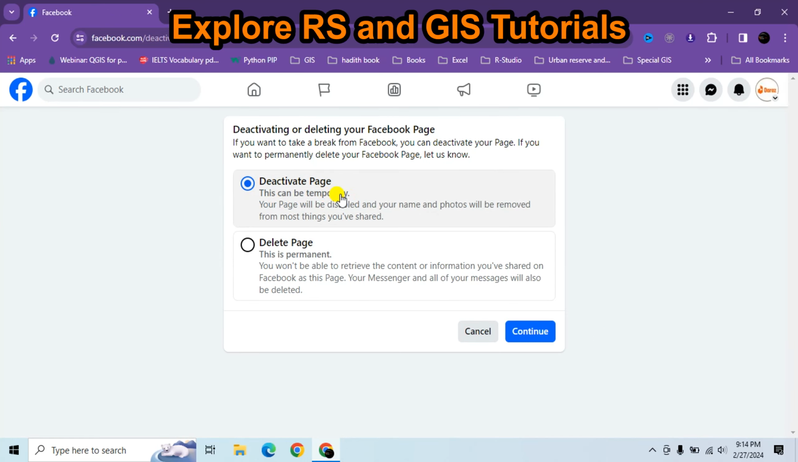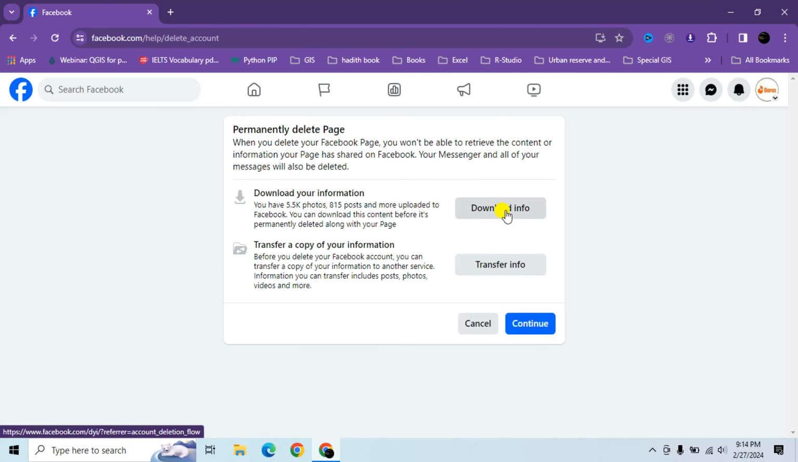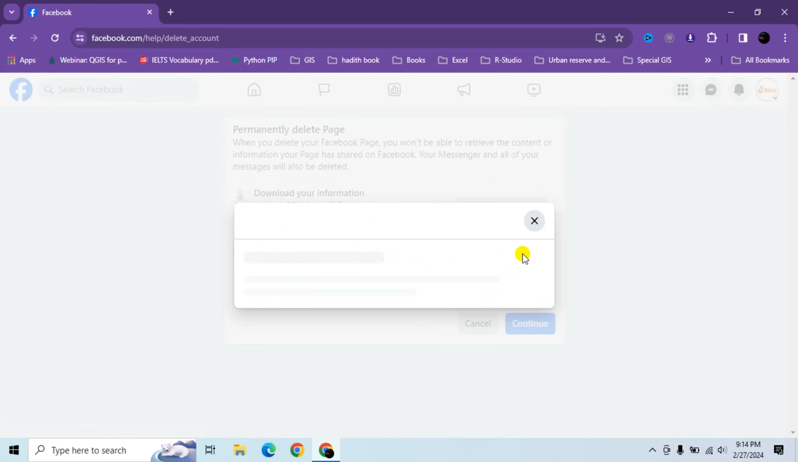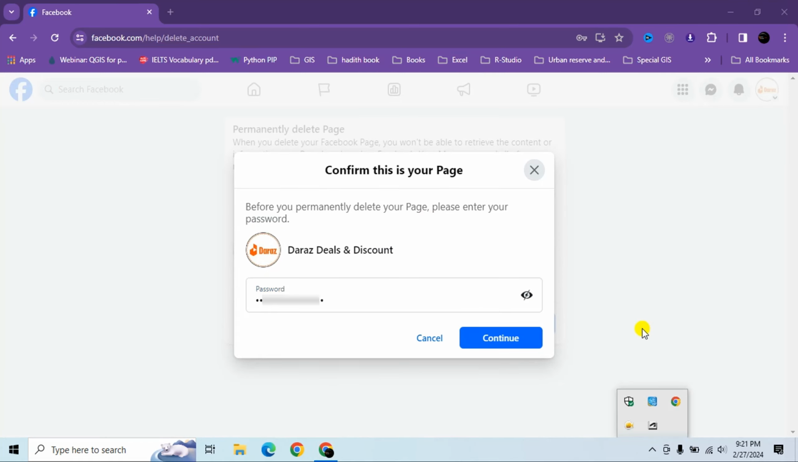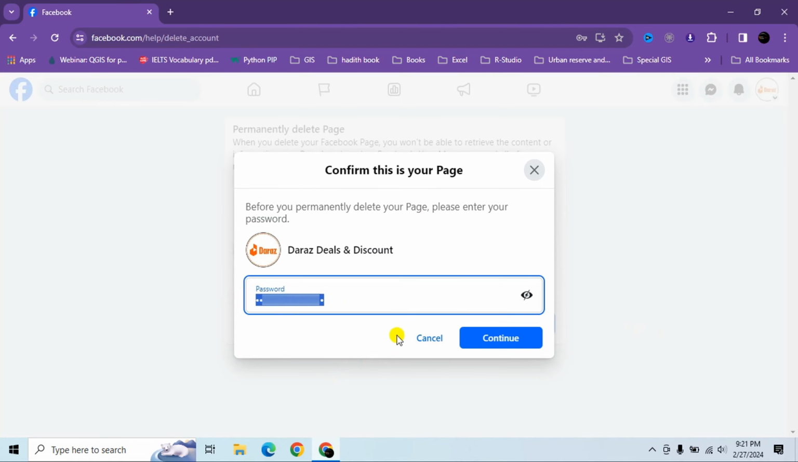This can be temporary, or you can delete your page permanently. Select this option and then click on continue. You can download your page information if you want. Click on continue, and then you have to provide your password. Okay, after providing your password, click on continue,